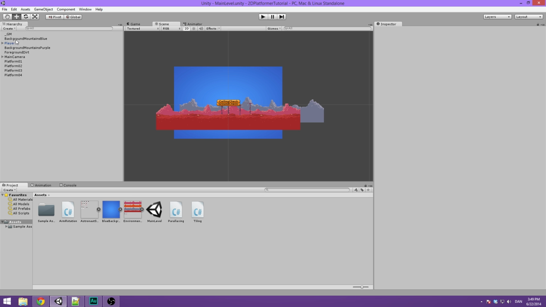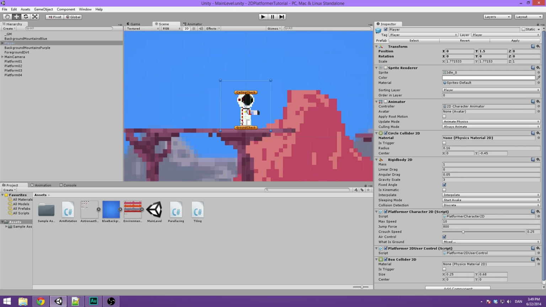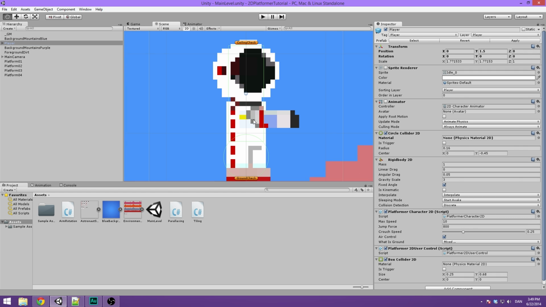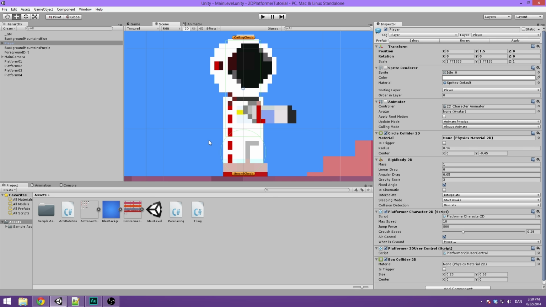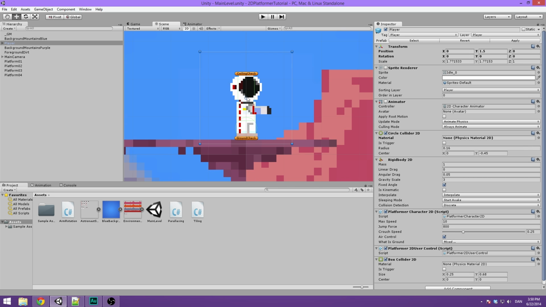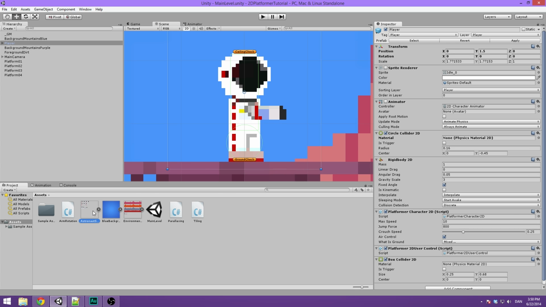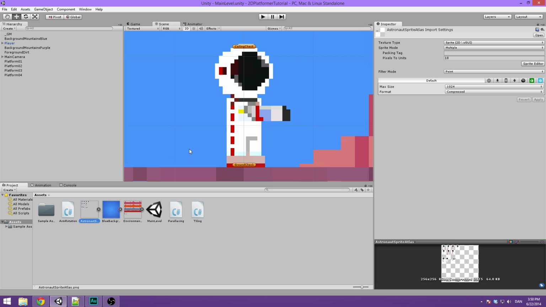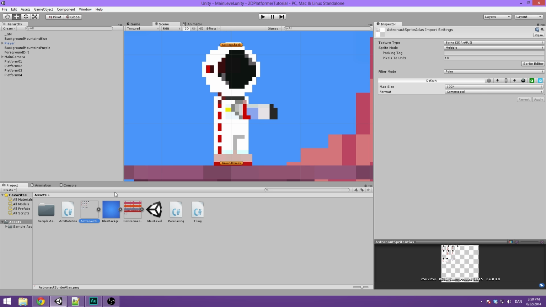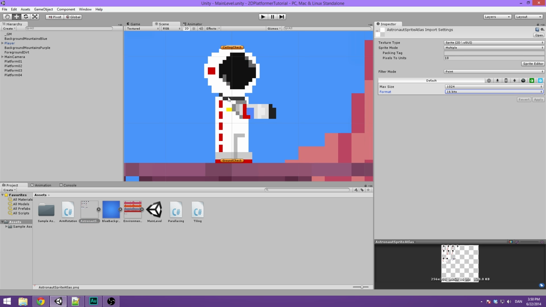So if we have a look at the character here, select the player and focus on him, you can see that some of the colors here are not as they should be. They're pretty washed out. And that's because last time when I did a video, I forgot to change what is called the color compression here, the color format to 16-bit. So let's select the astronaut sprite sheet, and instead of hitting compressed, let's change this to 16 bits. This will be pretty accurate